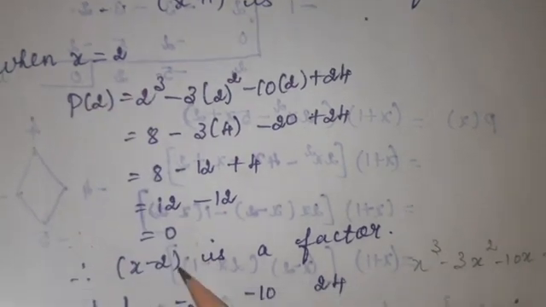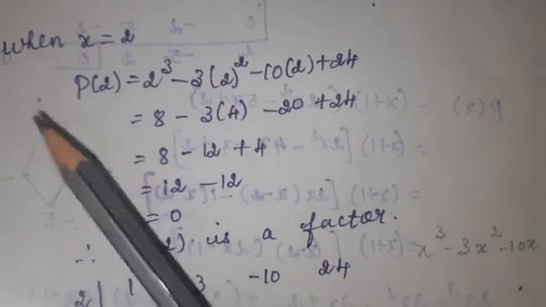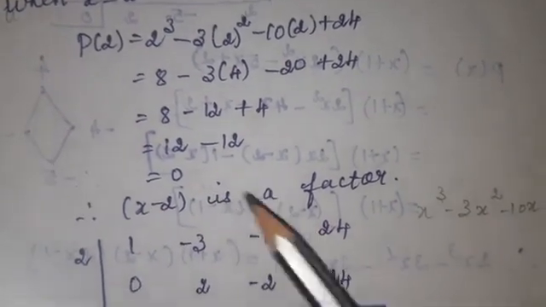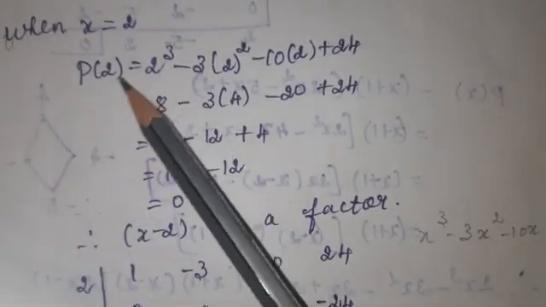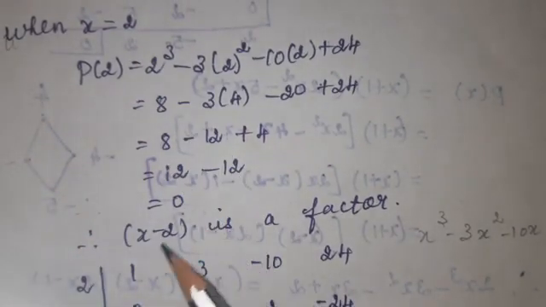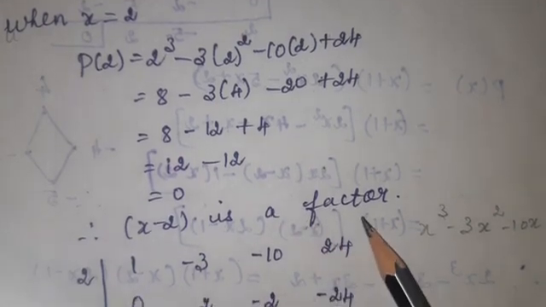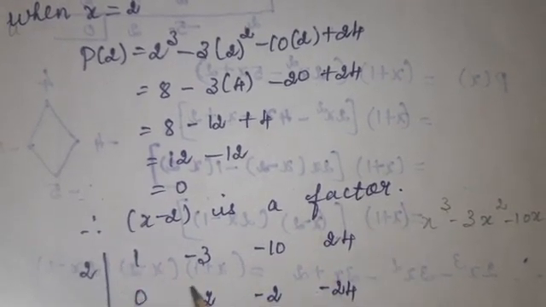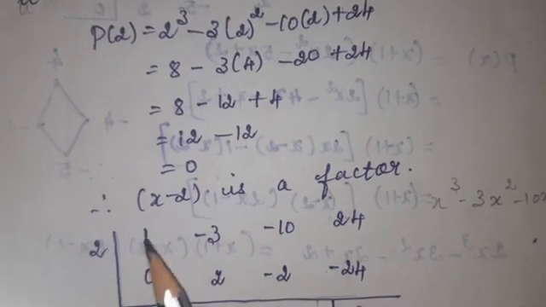That means x minus 2 is a factor. If you put x equals minus 2 here and the answer comes as 0, it means x plus 1 is a factor. Here I am taking 2, which means x minus 2 is a factor. Factor means, using the synthetic method, you should write all the quotient, whatever is given in that